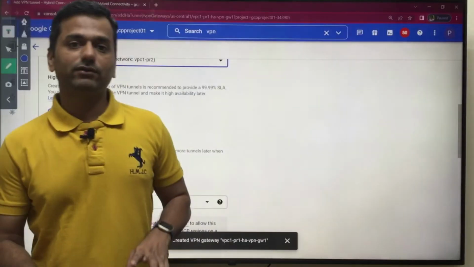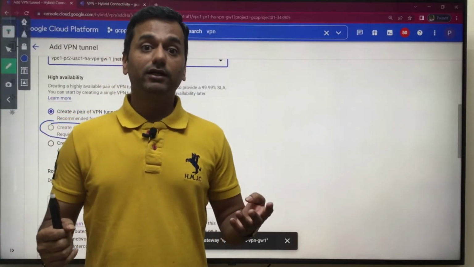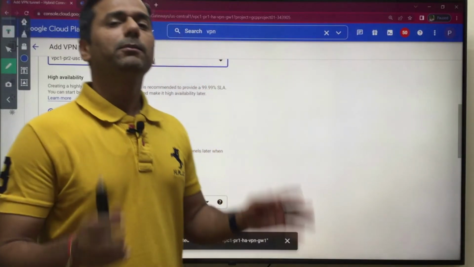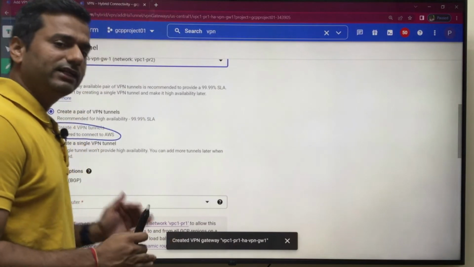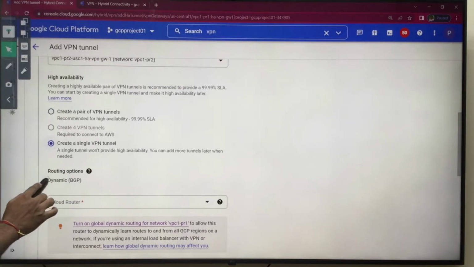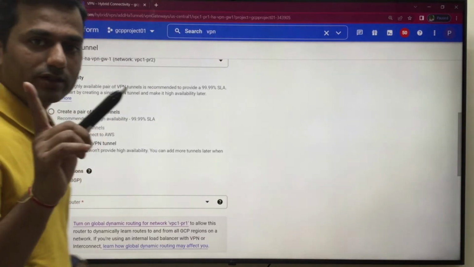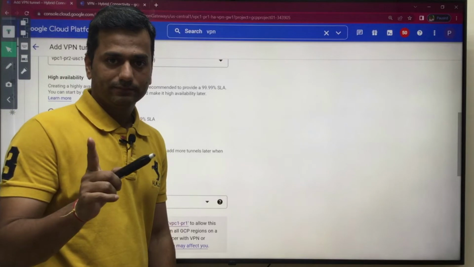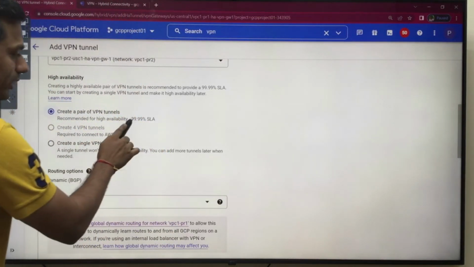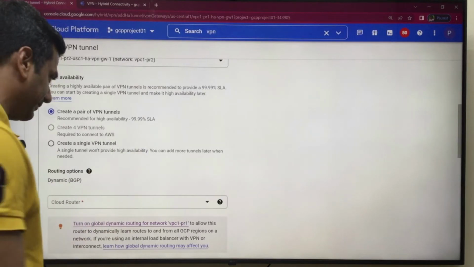When you have an HA VPN with AWS, it supports 4 tunnels, 4 public interfaces. But for this discussion, let's focus on the HA option. Once you click create a single VPN, GCP will not provide the 99.99% SLA. Only once you select create a pair of VPN tunnels can you get the 99.99% SLA.